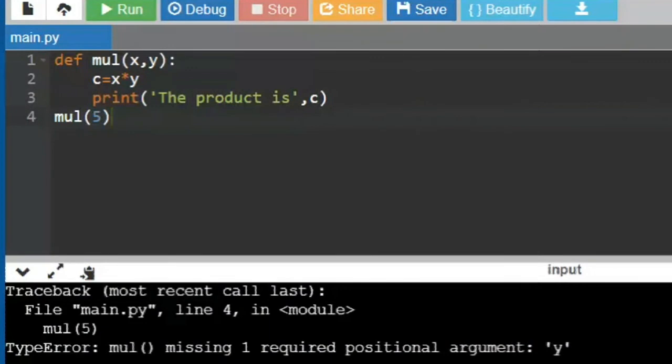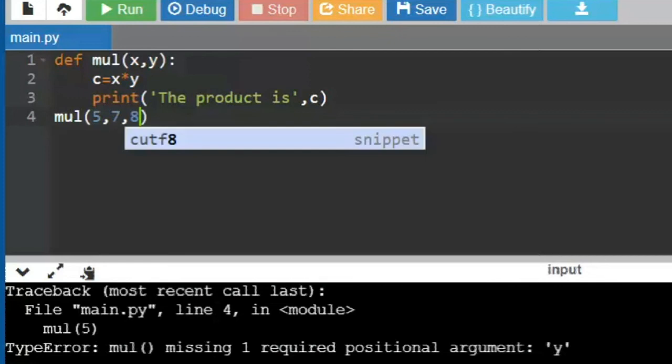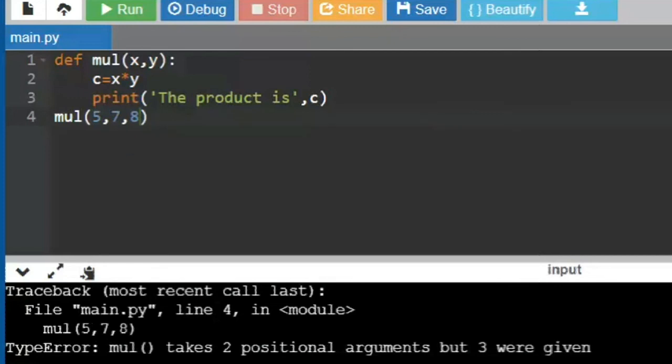So if you are just giving x comma y, it means that two individual arguments are required. But here you are just giving one argument. So the number of arguments do not match in the function call and the function declaration, so it's throwing you an error. It's important that I give two arguments. So I am giving two arguments. Even if I give three arguments, it will not take. It is saying I require only two, but you gave three. So it is very important that you give the same number of arguments, they match.